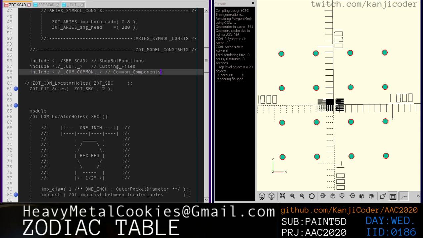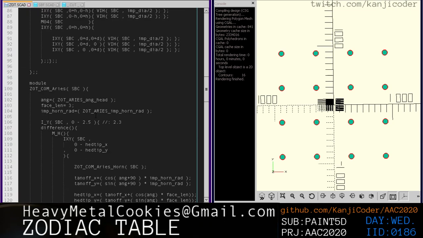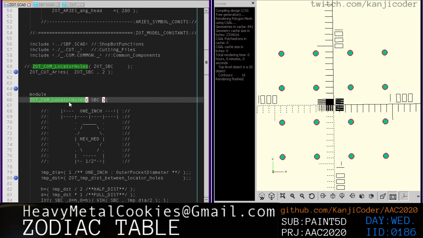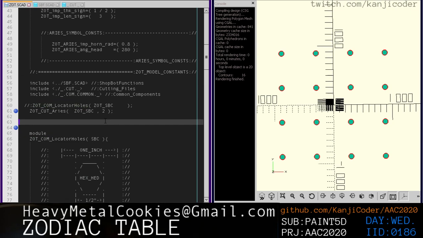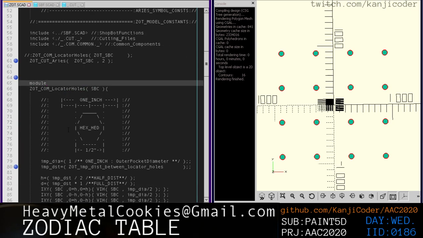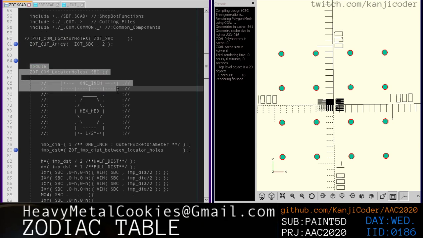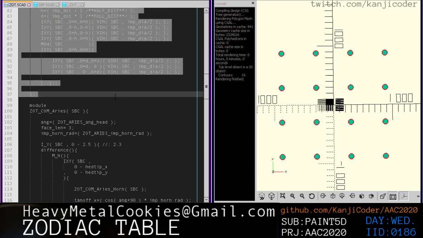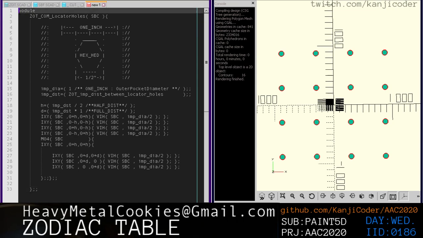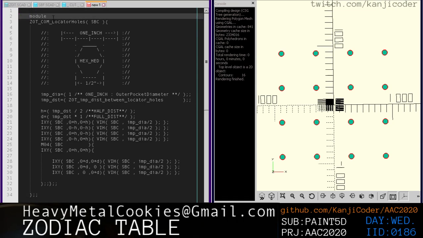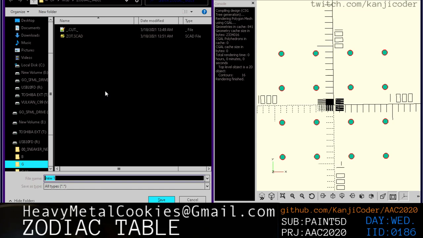Common components, generic components, right? Something like that. Or maybe generic components. No, let's just call it common. And the locator holes can go in there. Or actually, let's call it